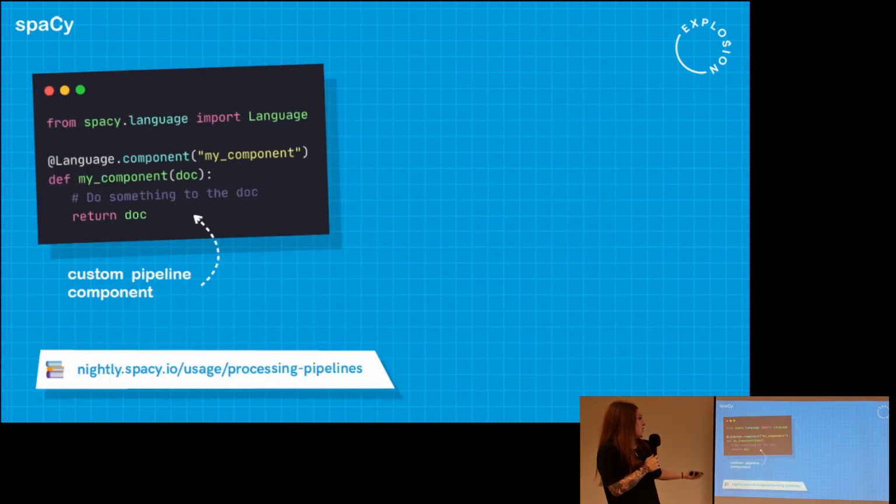And yeah, here, of course, none of this would be as cool if you couldn't also really customize it from end to end. So we have a decorator that lets you register any function as a custom pipeline component. So you can basically do anything, extract anything, analyze anything based on the doc that travels through the pipeline. And fundamentally, all a pipeline component is a function that takes a doc, does something to it, and returns it.